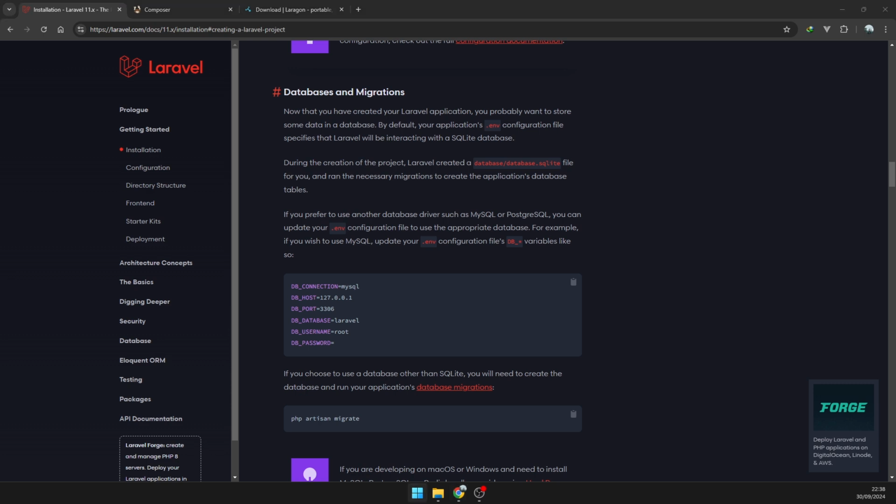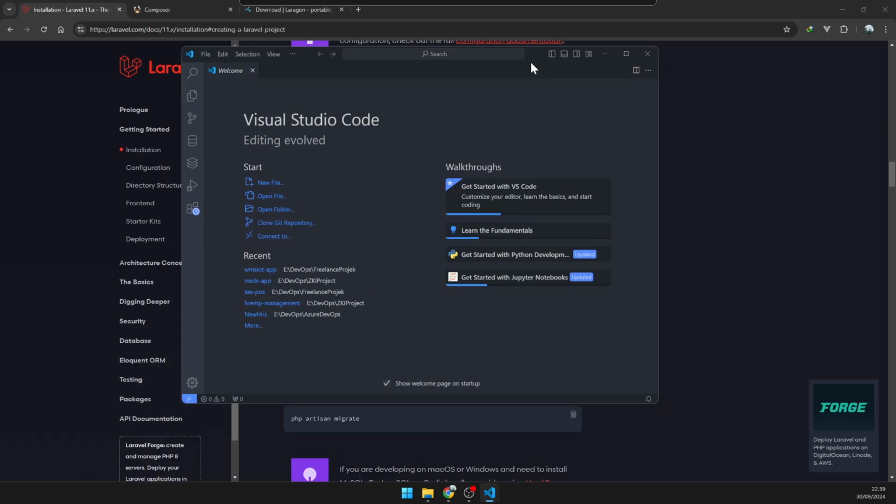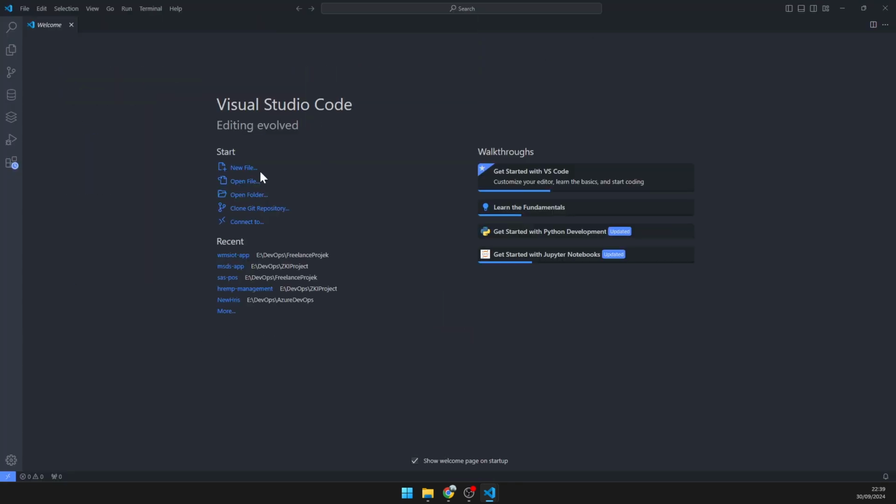Now you open the text editor. My text editor is Visual Studio Code, and let's make the Laravel web app project.